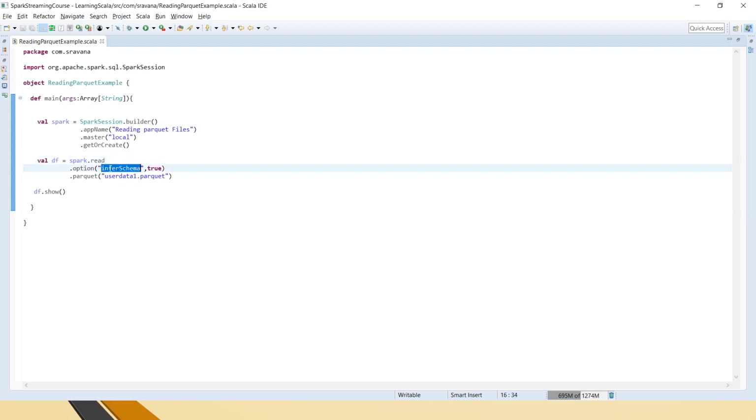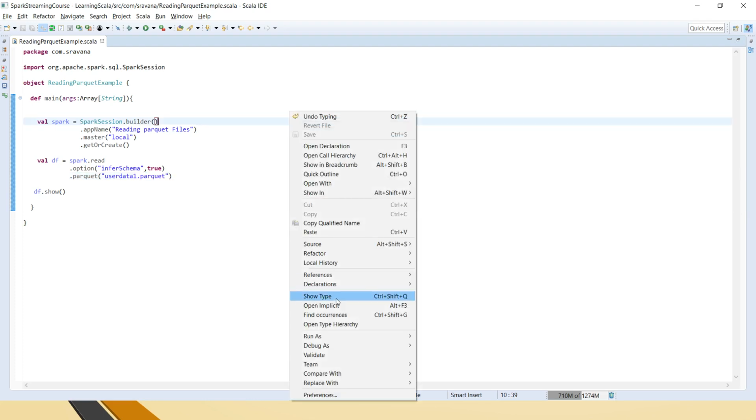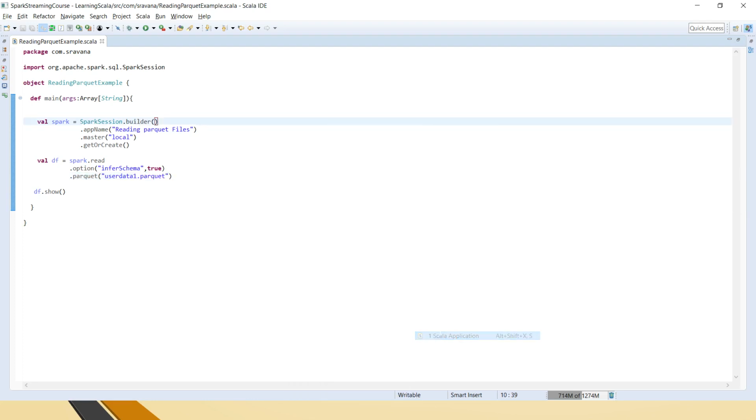Now this is the code for reading a Parquet file, spark dot read, and here I am providing the option for schema, so that it will read the schema directly from the file. And then this is the Parquet file that we have to pass as an input to this Parquet. So read dot Parquet, that's it. So with this small command we can read the Parquet file. I am not showing this input file because anyway a Parquet file will not be in readable format.